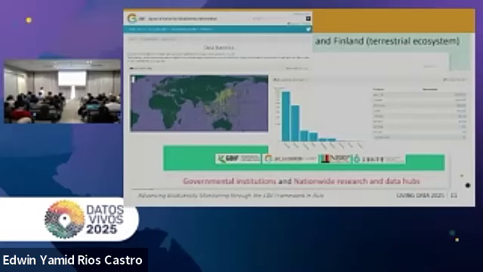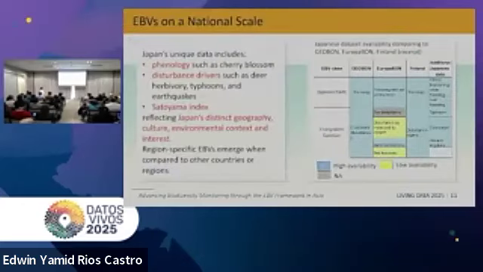So, back to EBP Japan. To identify the unique characteristics of Japanese biodiversity data, we compared data availability among GEO BON, EuroBON and Finland.